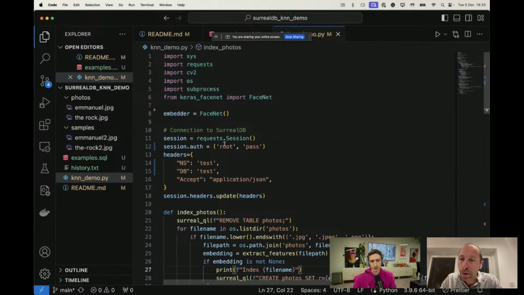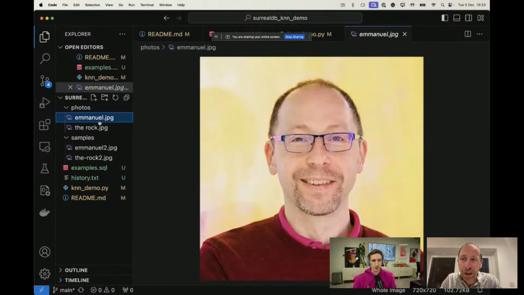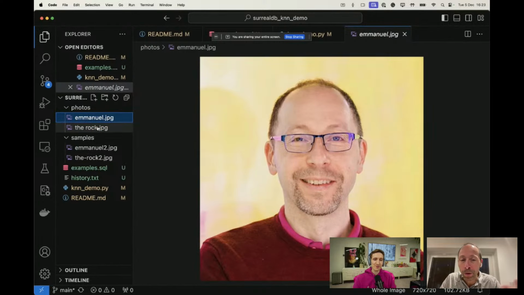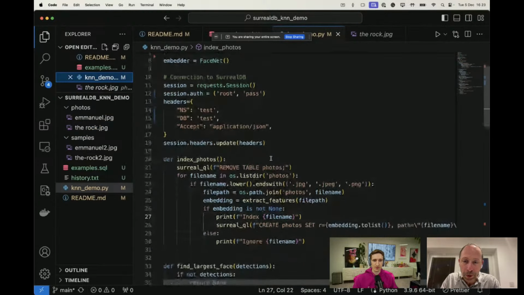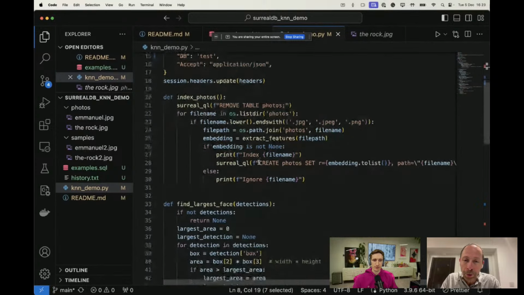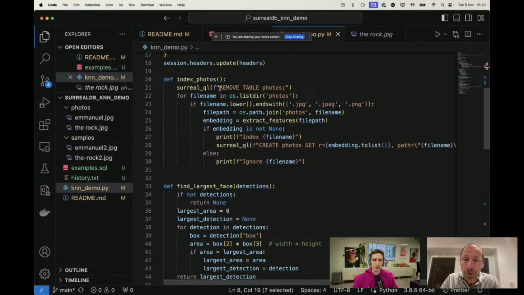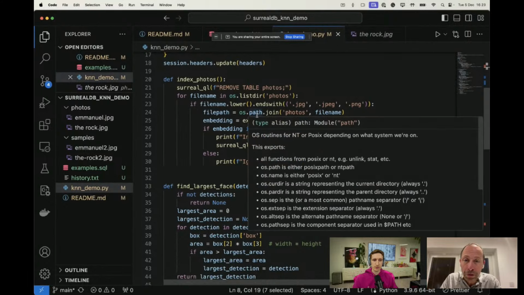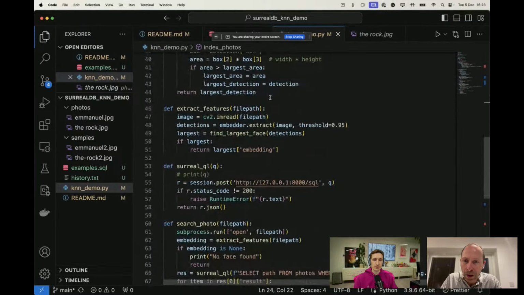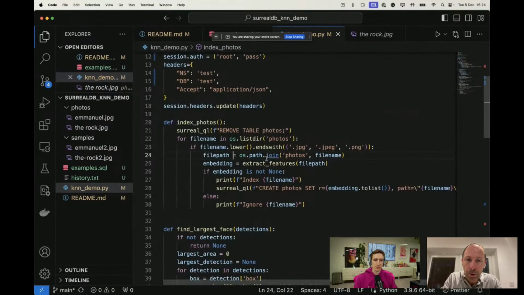So this is a simple script that is going to index those two images, right? We are going from these images to extract the features of these images, which are features that expect to detect a face, right? And this script is pretty simple. We are using something called FaceNet, which will extract the features. So when I'm indexing photos, I'm just passing my two photos, and I am using this function, which is extract features, which is pretty simple.